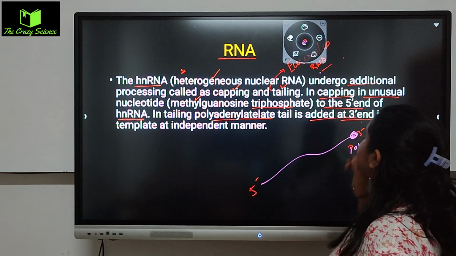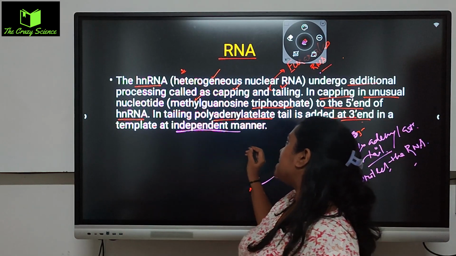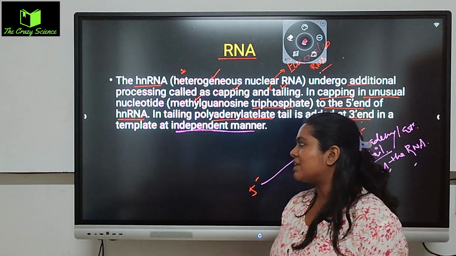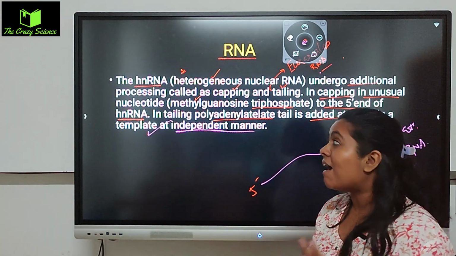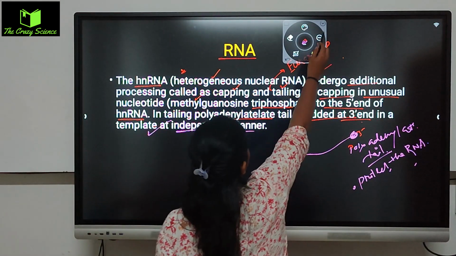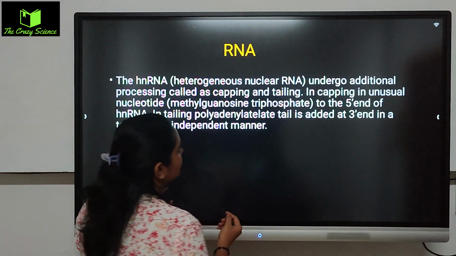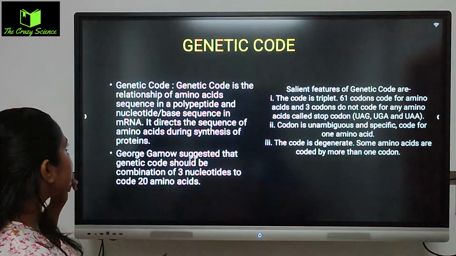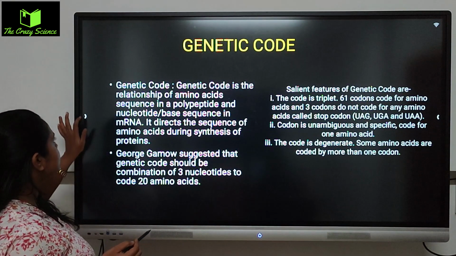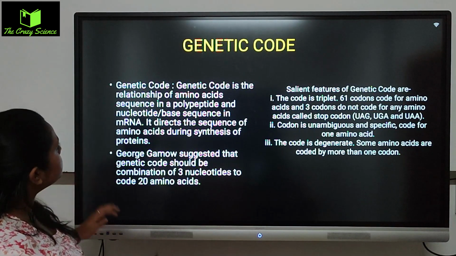So the tail is added to the 3' end in a template-independent manner. We know the template means where the code can be read and the RNA can be formed. In heterogeneous RNA we could see all these things, otherwise it was not possible. Next is the genetic codon. Genetic codon means the relationship among the amino acids and the sequence of the